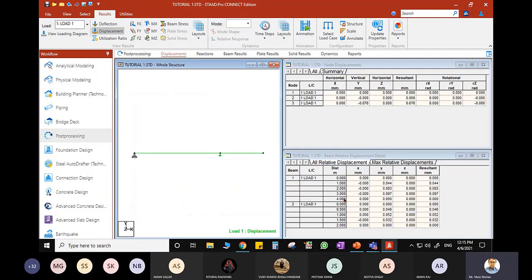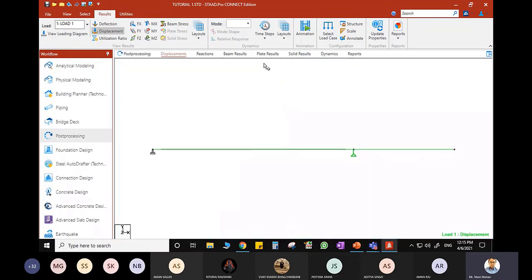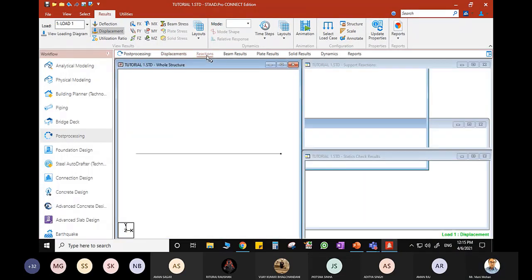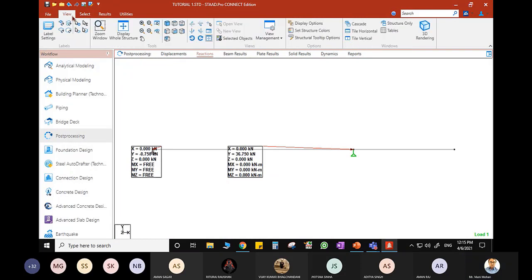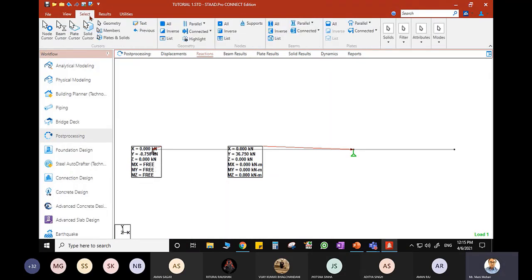Click OK. This is the thing which you are getting. Right now, I'm not very much worried about these windows. Select this. Can you see here this option of reactions? Click reactions. Next, I need to adjust this a little bit. Go to select text. So in the select text, let me arrange this.